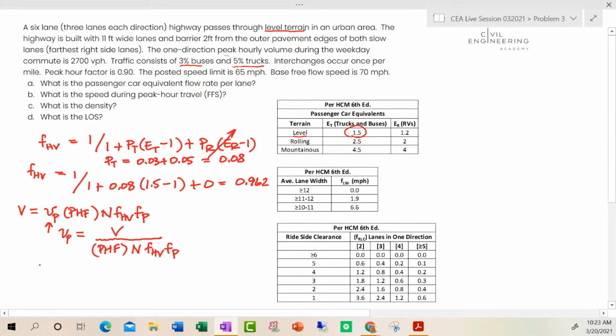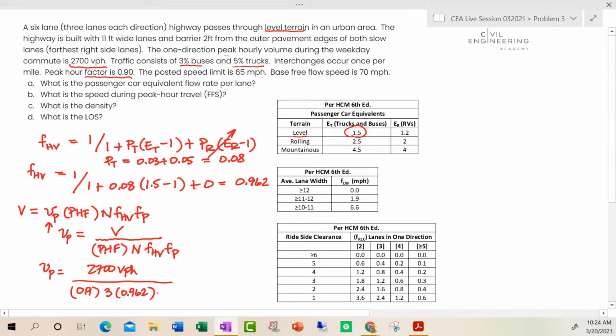Let's solve for this. So V sub P: we know our flow rate, right? That was given to us in the problem statement. We've got 2,700 vehicles per hour, and our peak hour factor was given to us as 0.9. And our number of lanes in each direction was 3, right? We calculated our heavy vehicle factor at 0.962. And then our F sub P, now this factor